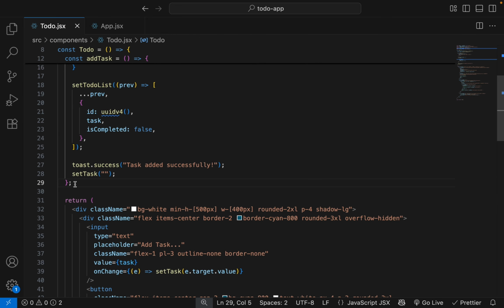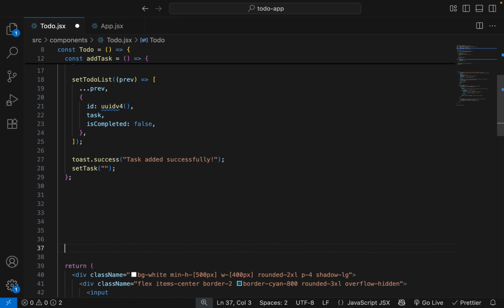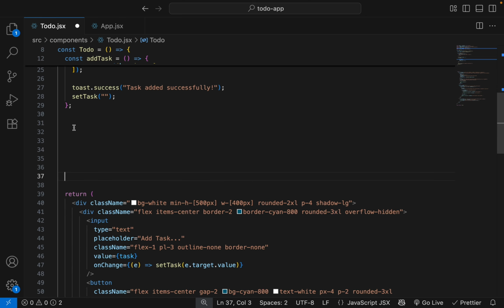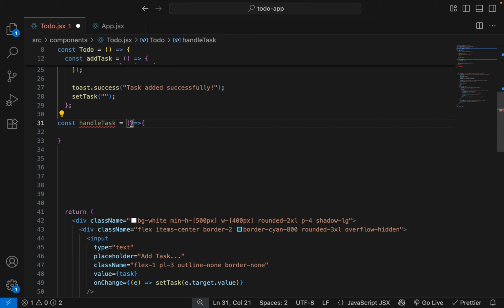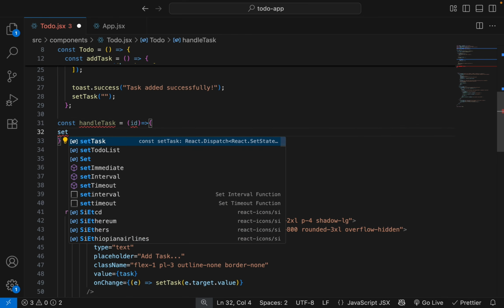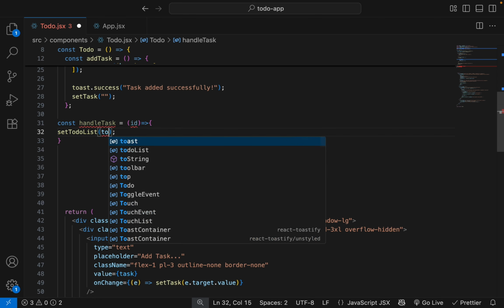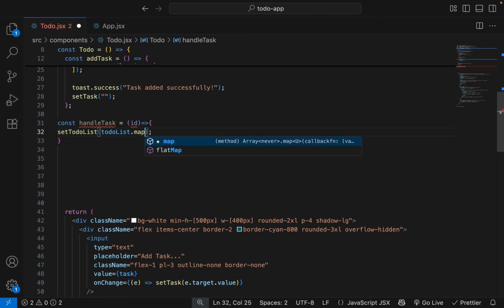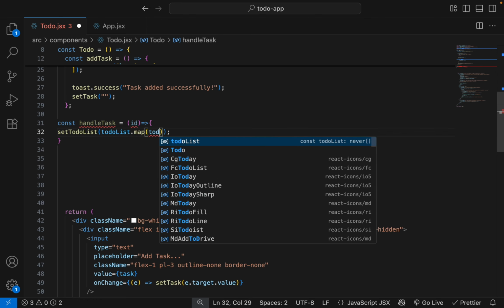Let's add key property, key is equal to id to unique child. Now create a function that will handle if task is completed or not. So let's const handle task. We will pass id of the task, then set to-do list dot map to do.